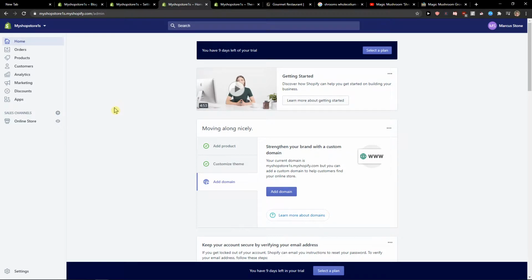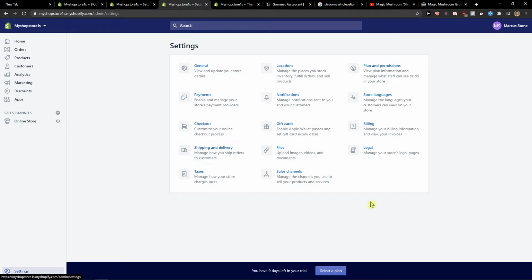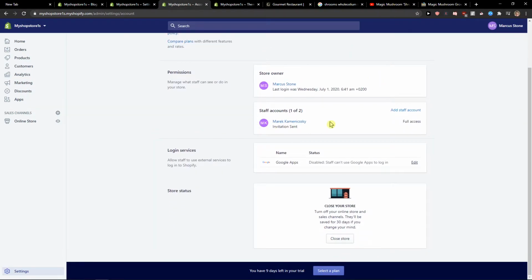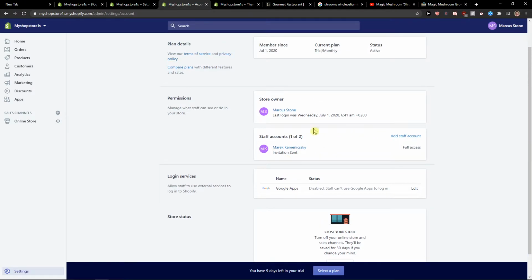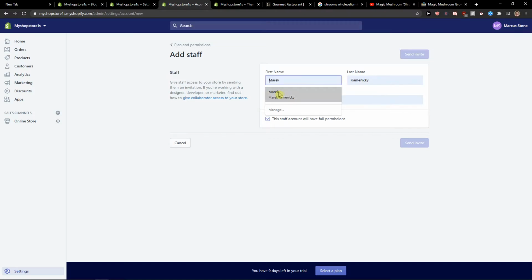So let's start. The first thing you want to do is just be in Shopify and then just click on settings. And when you're in the settings, you just want to click on plan and permissions. And right here in plan and permissions, you just want to click add staff account. And just add the first name, last name, just the email,